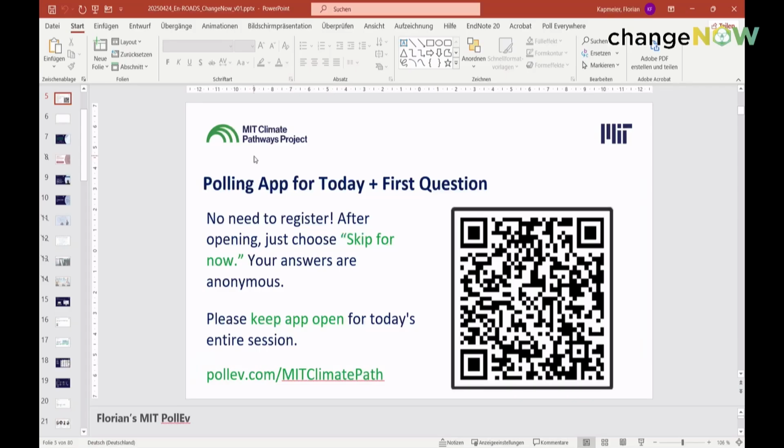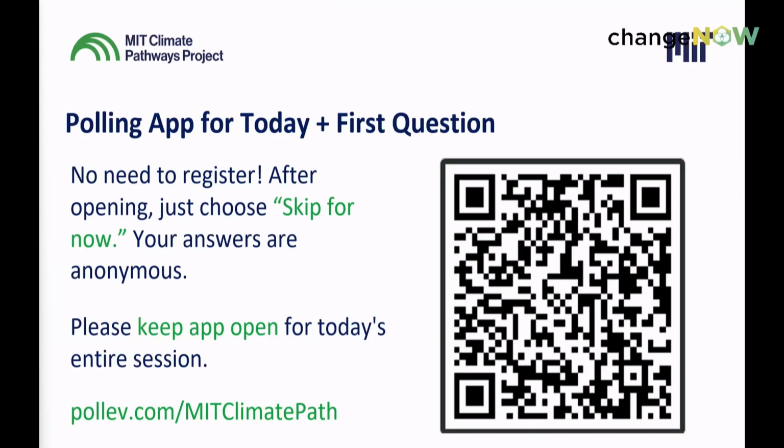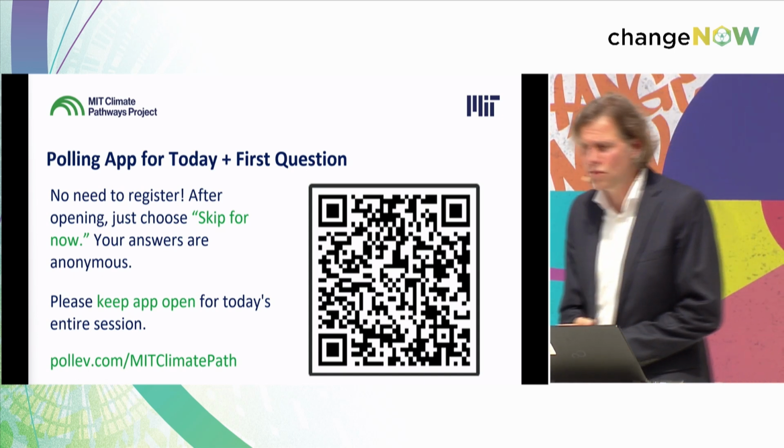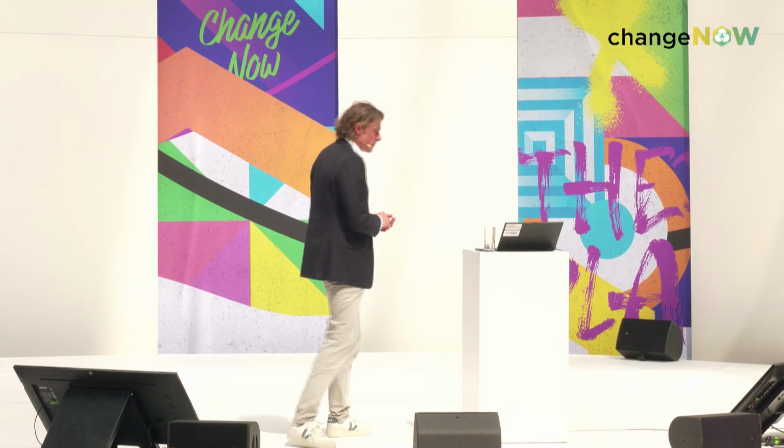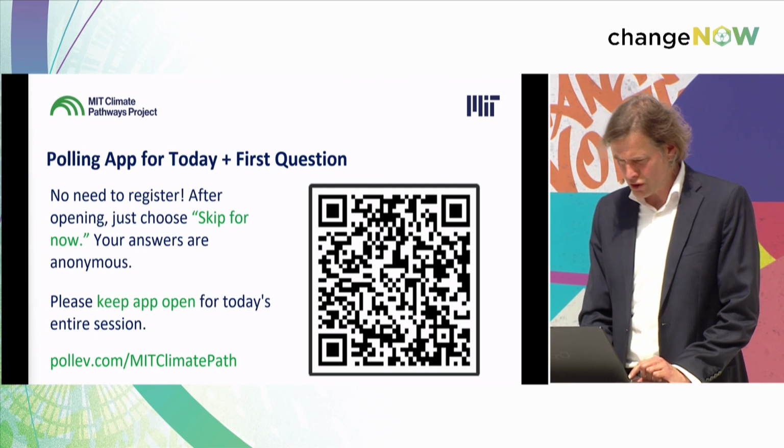And I also want you to take out your phone now, and scan this QR code. Scan the QR code, please. Now I want to have the Pulse software up, please. All right, and here are a few options, climate options. So you open it, you skip for now, you don't have to type in your name. And then if you have done this, then you should be having,